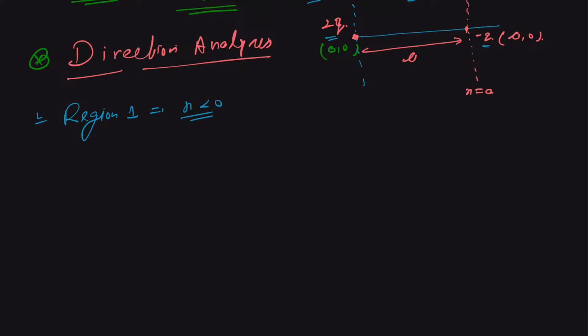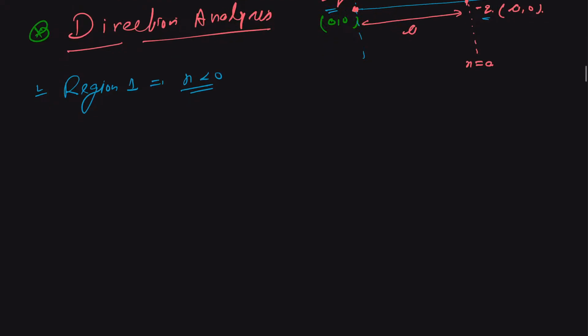But if at any point the direction of the electric field is the same, whether toward right or toward left, for both the charges, then cancellation is not possible, so the electric field cannot be equal to 0. This is basic, because we are only interested in finding where the electric field is equal to 0. So in region 1,